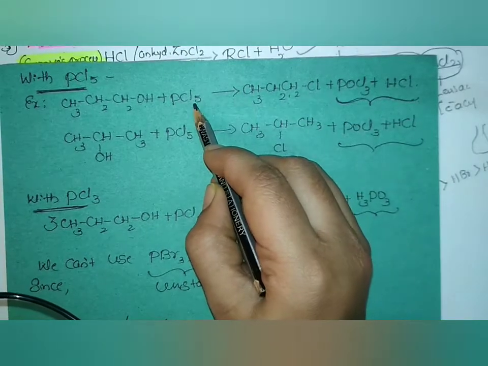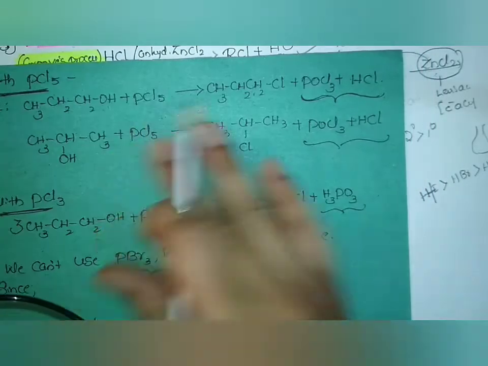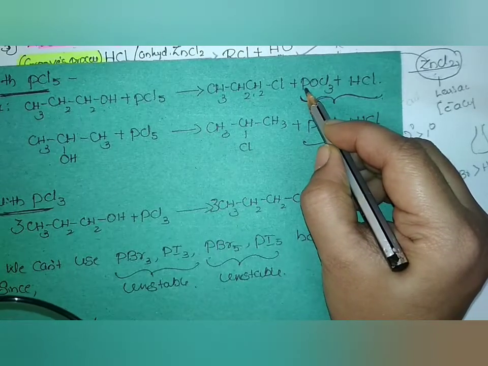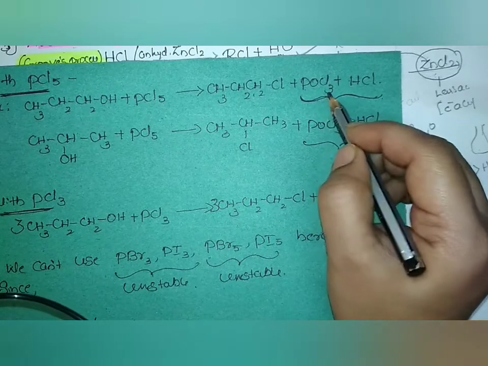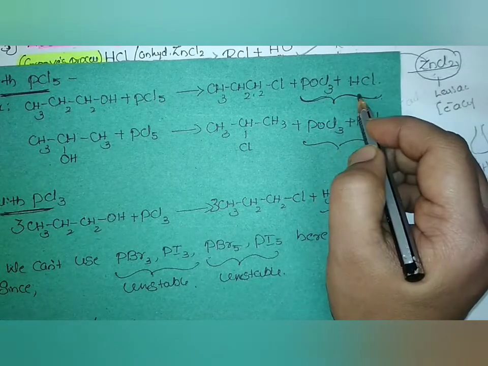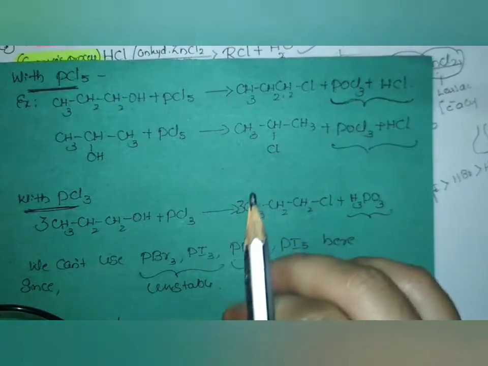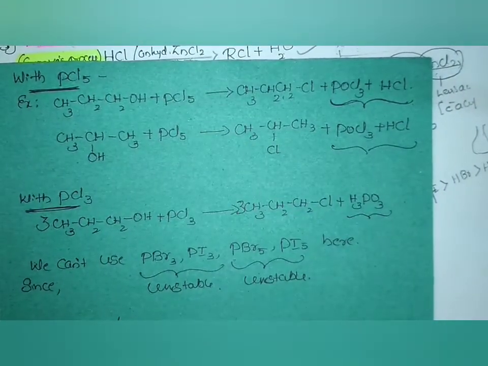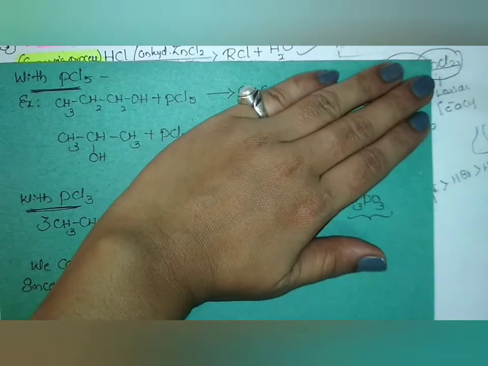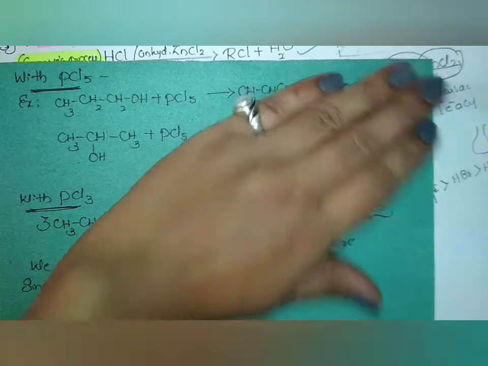Out of 5 chlorides, 1 is substituted here, so how many chlorides are remaining? 4. Out of those 4 chlorides, here what happens? Phosphorus with oxygen and Cl3 combines to give phosphoryl chloride, and HCl. So this reaction is very important. As I told, in your theory exam the question might appear like "complete the following reaction." So the first half of the reaction will be given like this and the second half may not be given, so you need to know how the reaction is going to complete. You have to fill this one.